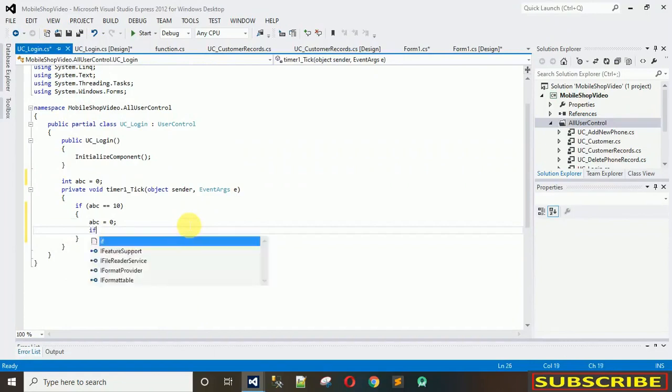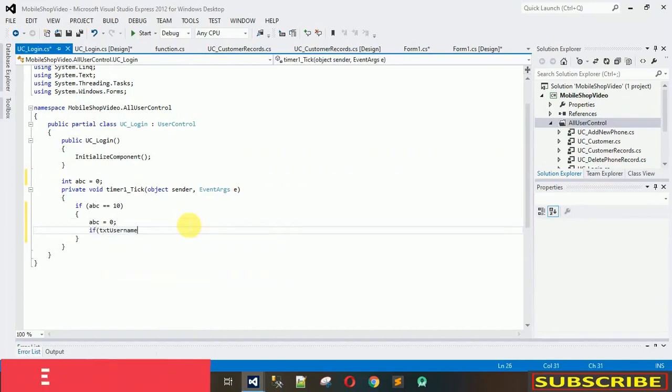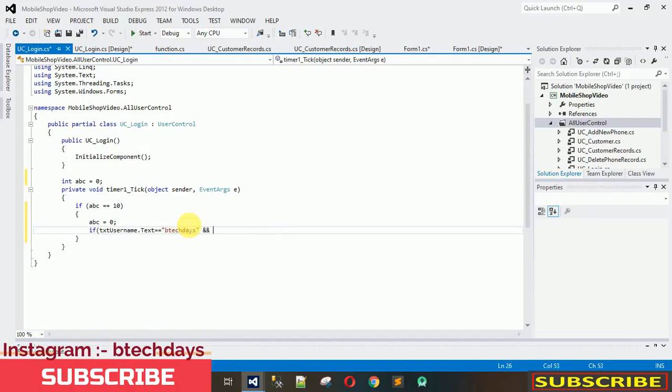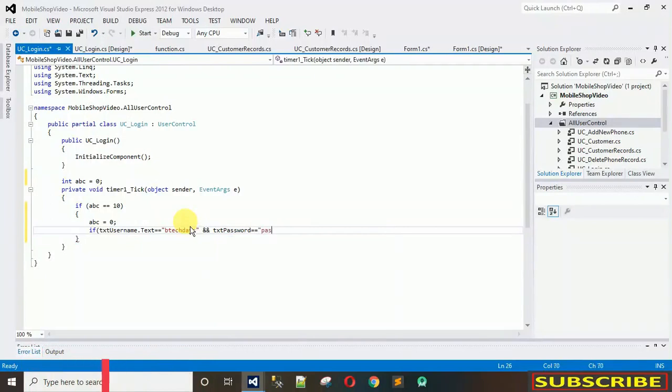Inside this I'm going to write: if txt username dot text is equal to btech days, you can programmatically connect your project with the database. Okay, and txt password dot text is equal to pass. Then what we have to do, I will do that later. In the else condition, what we have to do is,